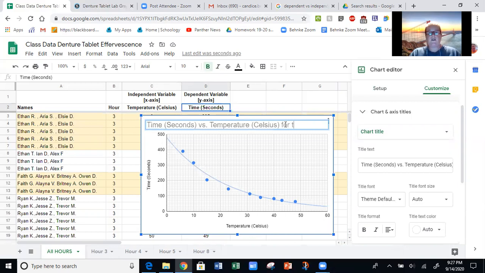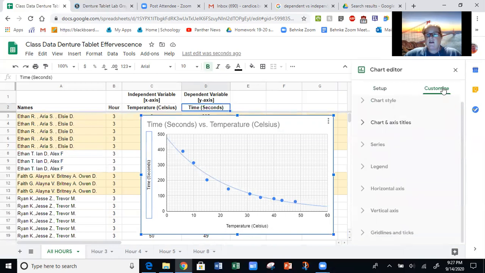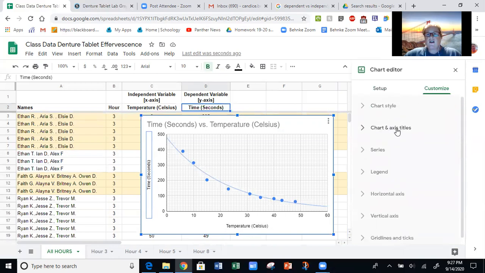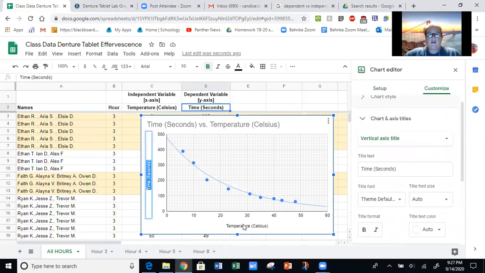I think that's going to be getting too big, so we'll just leave it like this for now. Sorry about that. I would like to see my time be a little bit bigger. I would like this font to be bigger. So if you see within Customize, I can go to Chart Axis and Titles, or I can just click on the different